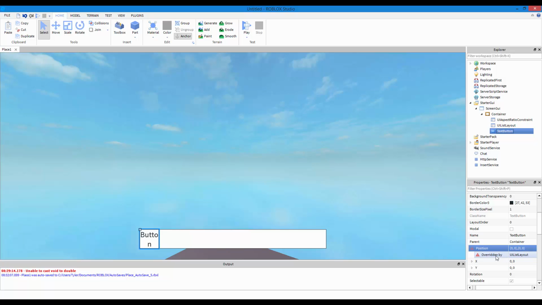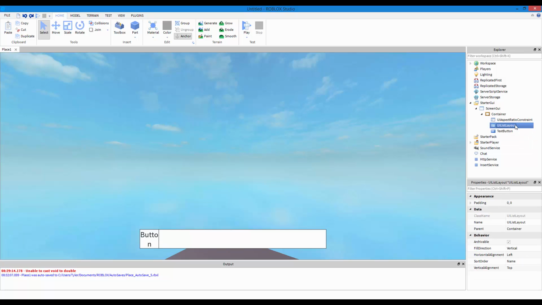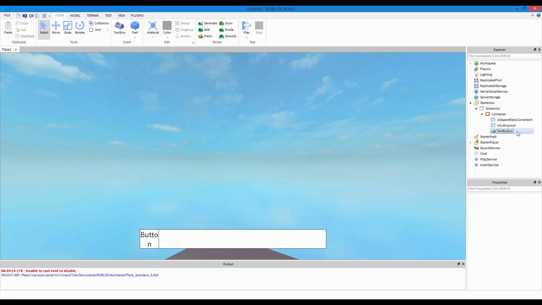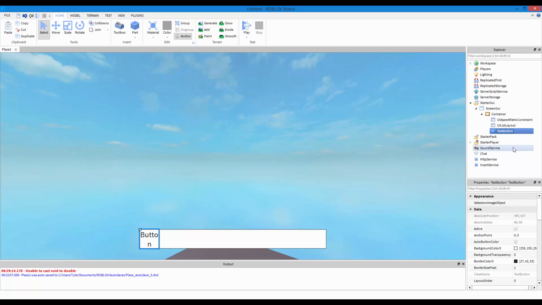It's saying it's overridden with UI list layout. So whatever you change the size right here, it would not change the size because UI list layout is handling all that. So now what you can do is just do Control D to duplicate. Bang, bang. Now this is amazing. I'm so glad Roblox added this because it's so useful.